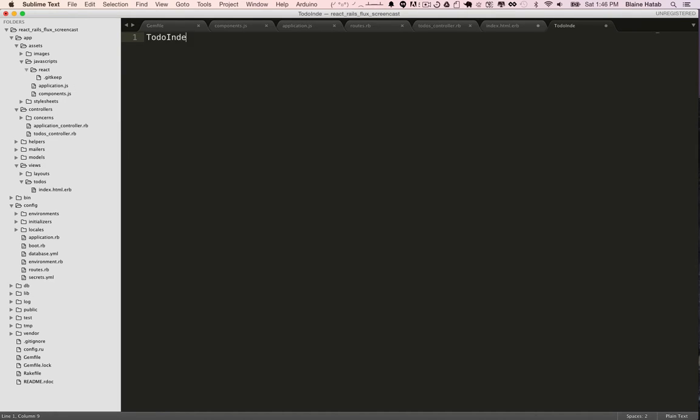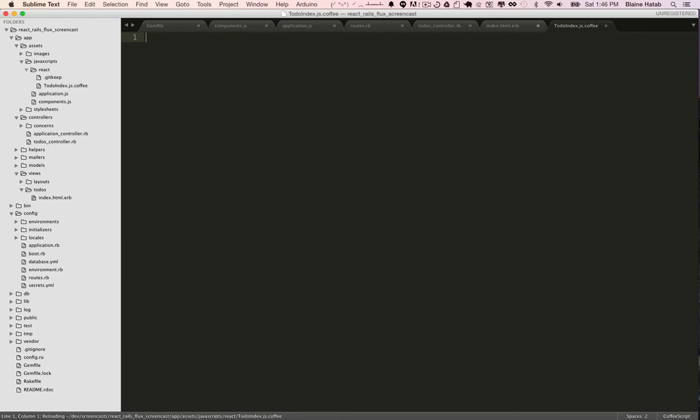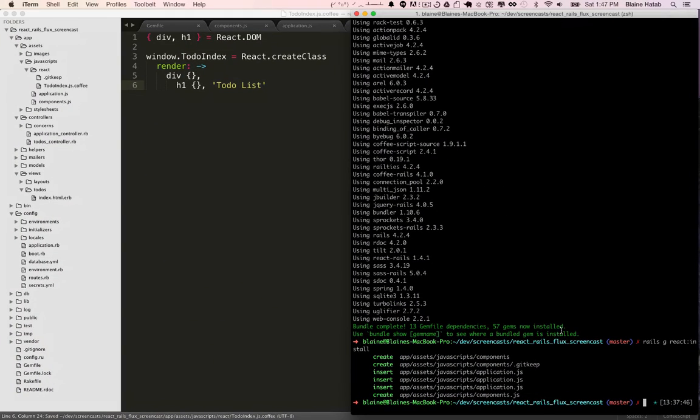I'm going to use CoffeeScript for this tutorial, by the way. This is CoffeeScript syntax for React, but I'm going to use a div and an h1. I'm just going to add a title at the top of it. And so now we have to expose it over window, so that way the helper can access it. Then we'll call React.createClass. And then we'll just have a render function. And we'll just have a div and an h1, and we'll just say To-do List to start. And then let's